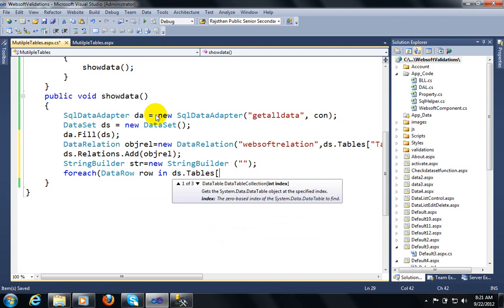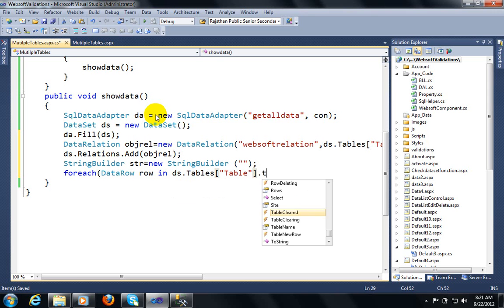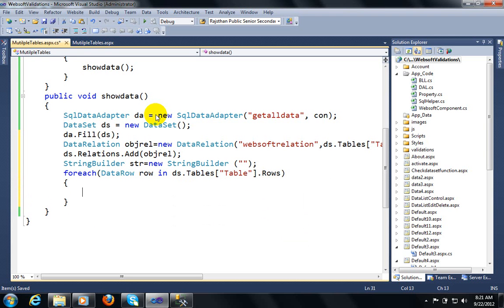My table name will be table.rows. I will run a loop over the rows of my dataset table. So this row object will return the rows of your category table. So I can print those rows by using